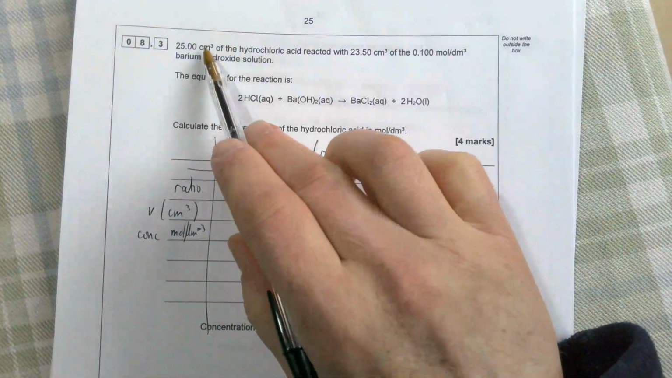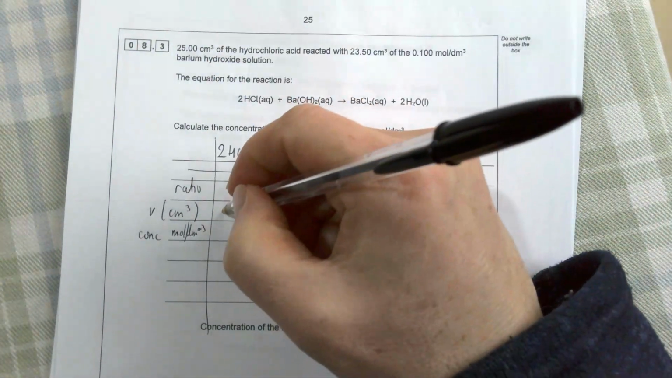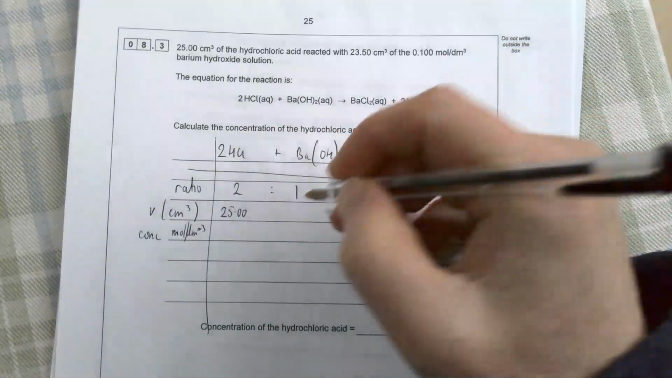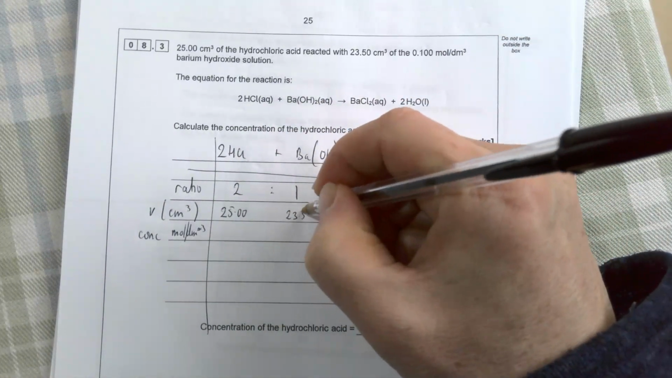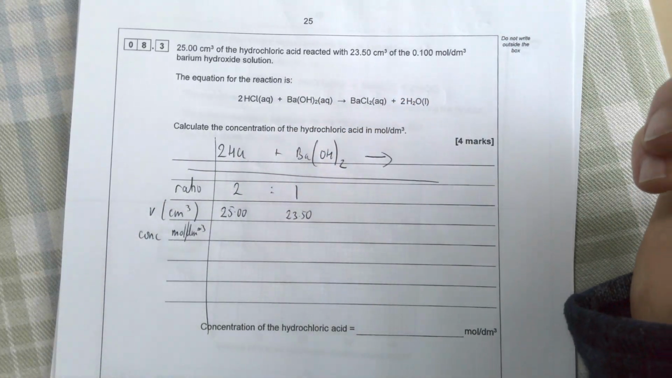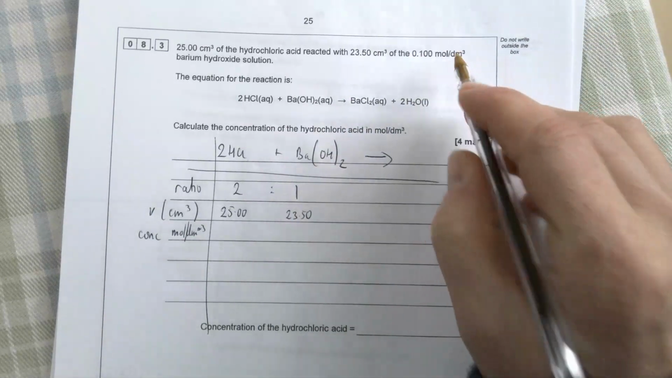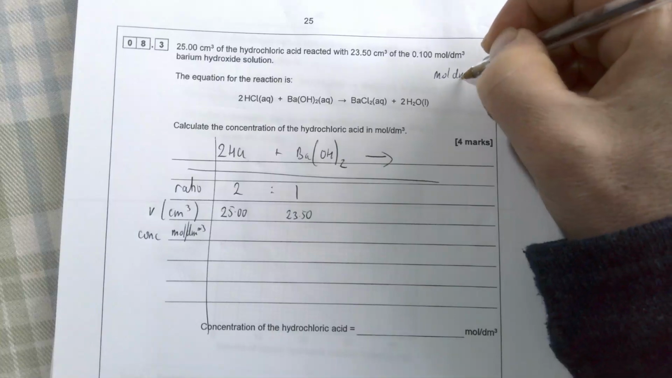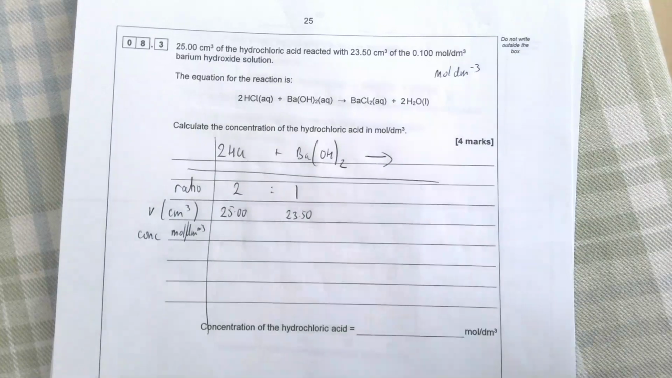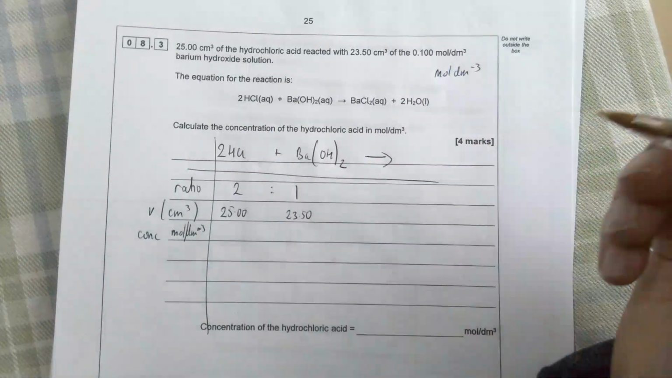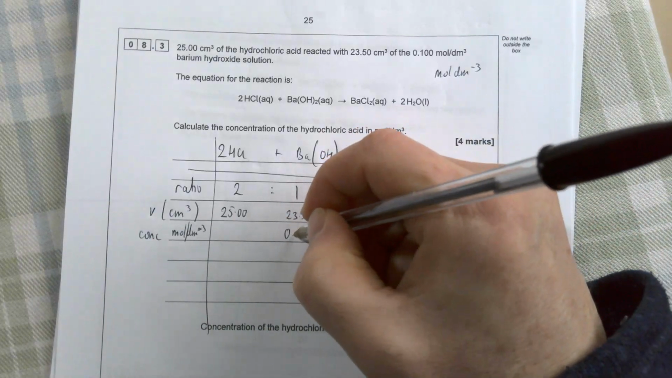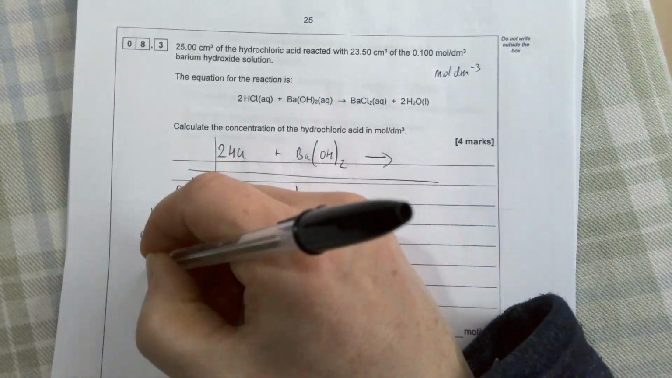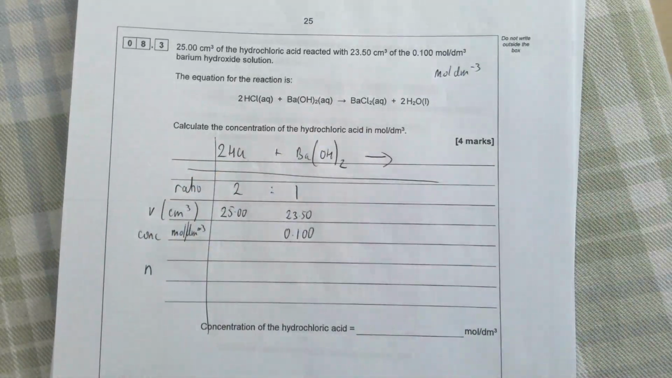So you're told you've got 25.00 cm³ of hydrochloric acid. You're told you've got 23.50 cm³ of the barium hydroxide solution. Before, you might have noticed I wrote mole per litre like that. You can write it like that or like that. Same thing. The concentration of the barium hydroxide is 0.1 mole per litre, and you can work out then n, in moles,